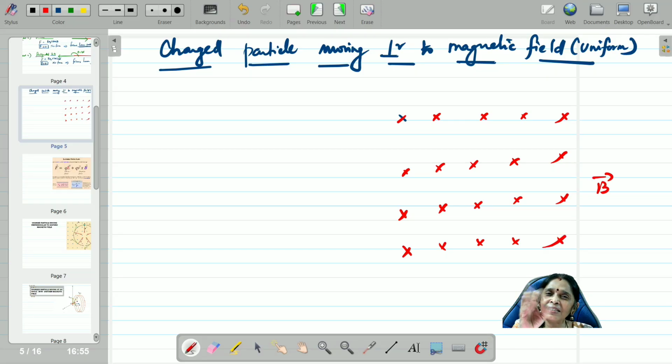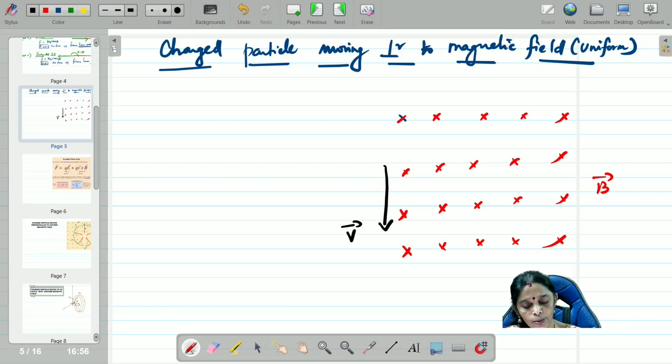Children, this concept, in just 10 minutes, you will be able to catch up. Once you catch this concept, how to find out the direction, you will be the ultimate master of it. With a high level of confidence, any question you will be able to crack. A lot of questions will be conceptual, critical thinking. Now, this is the magnetic field. I am going to take the velocity of the positively charged particle acting perpendicular downwards.